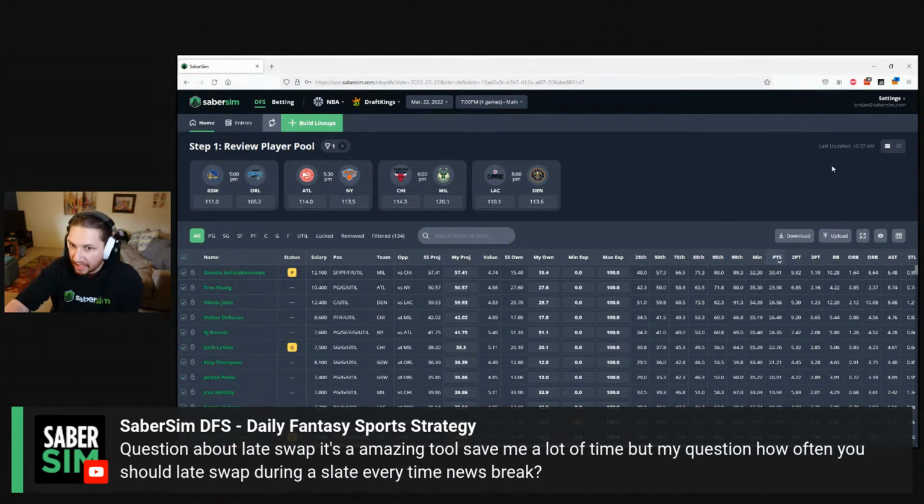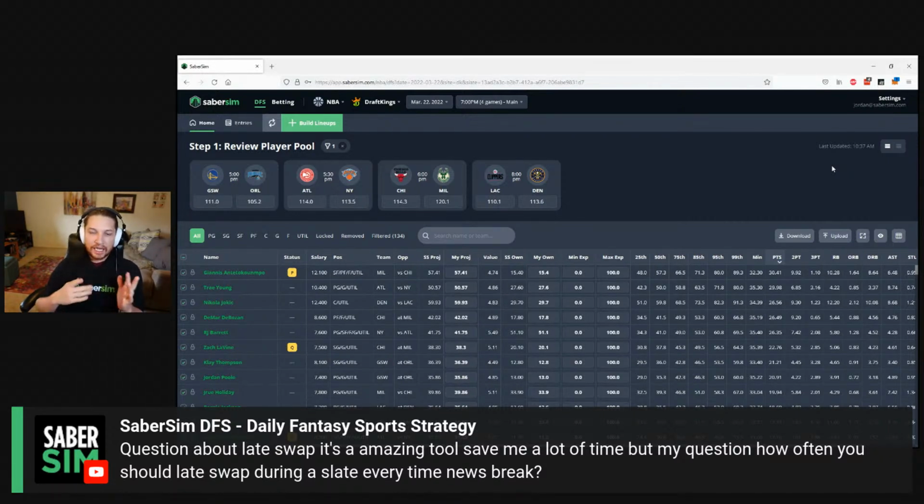That means that something has changed on our end, right? Minutes have adjusted. It can be something as big as a slight minutes adjustment from one of our data providers where we think one player is going to get an additional minute that we didn't expect. Or it can be something huge like, Jokic isn't going to play, right? Slate breaking news that you absolutely need to adjust for. So the best practice recommendation overall is to late swap anytime Sims run.